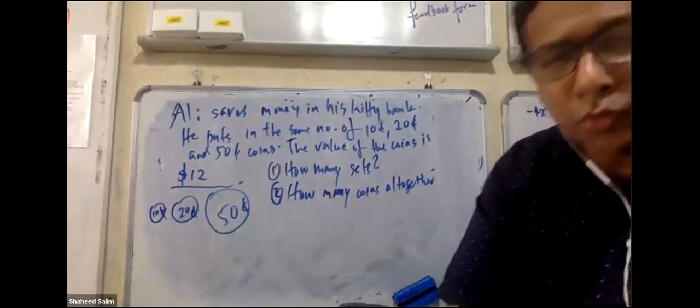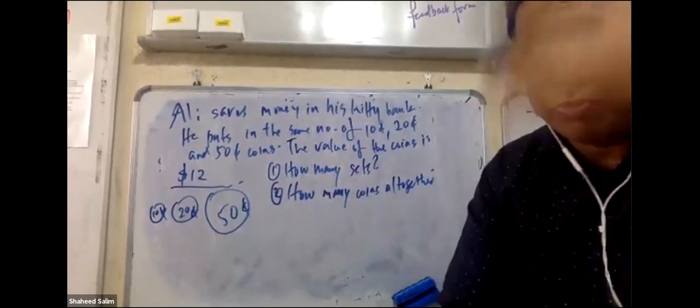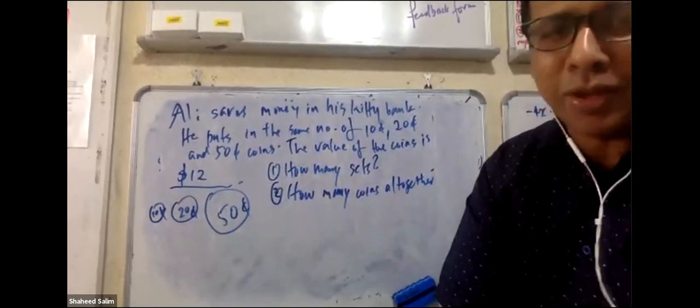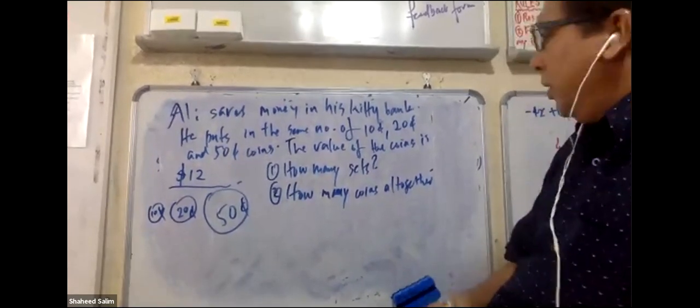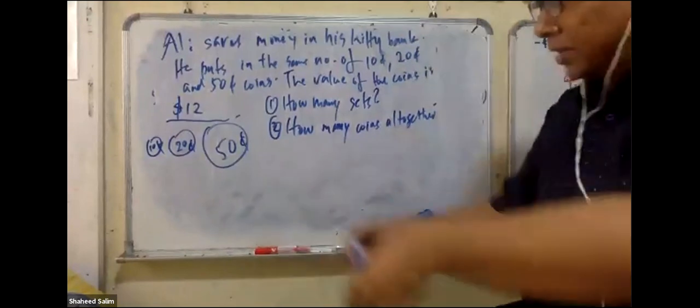Okay, Sophia, your head is down. I don't know what you're doing here, Sophia. I cannot see you. I miss looking at your nose, below your nose. I cannot see what you're doing.